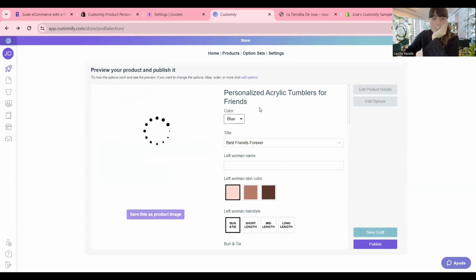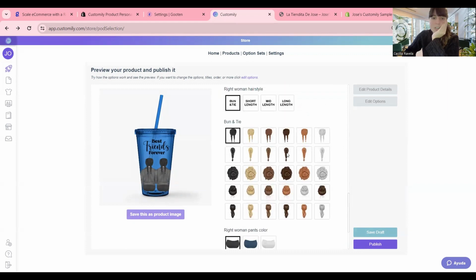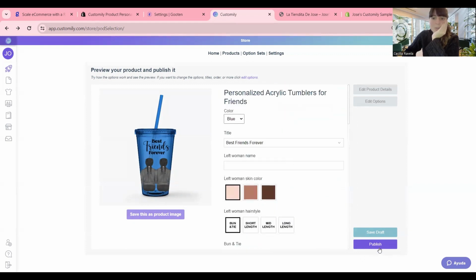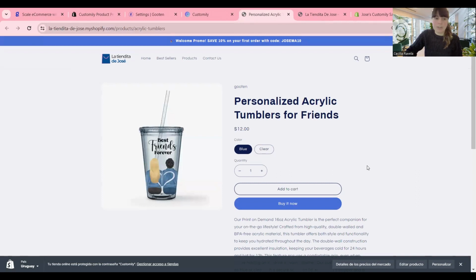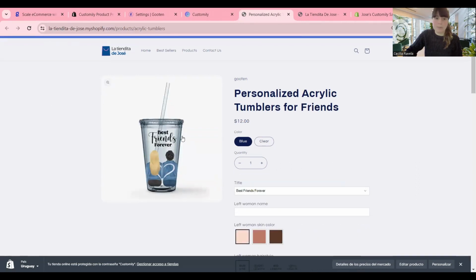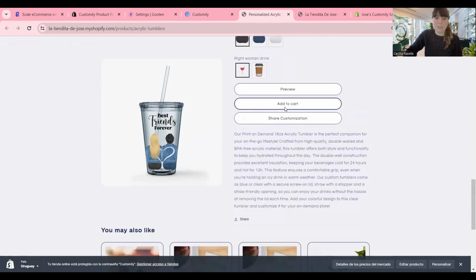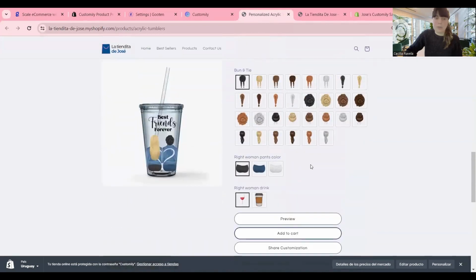See how the title changed. So that's pretty much it. I'm happy with this. So I'm going to hit publish. And here it is. Customily creates the product listing in my store for me. Here you have all the personalization options and it's ready to start